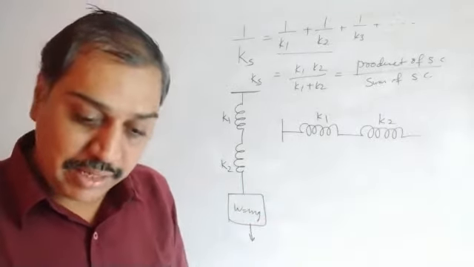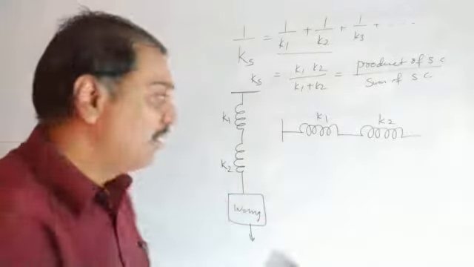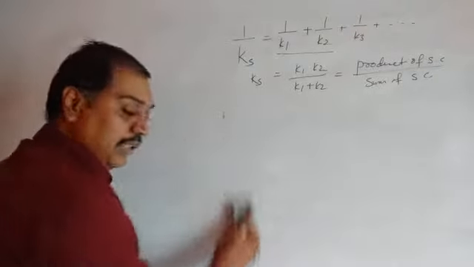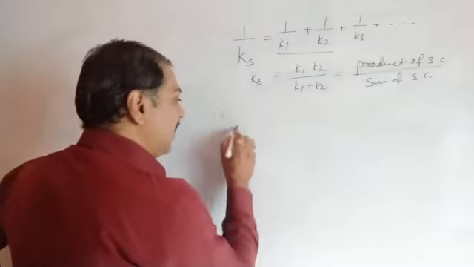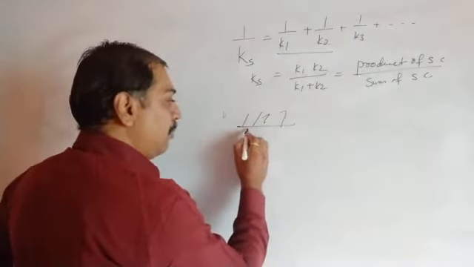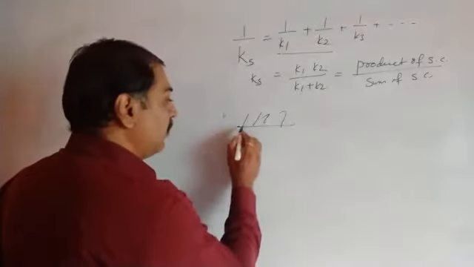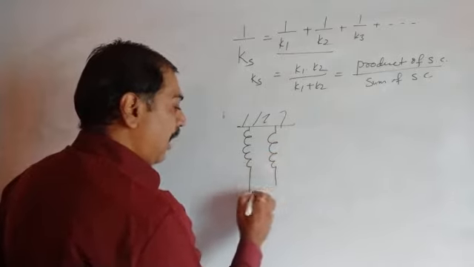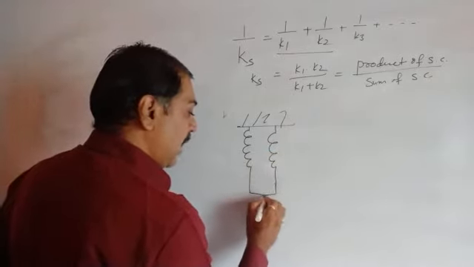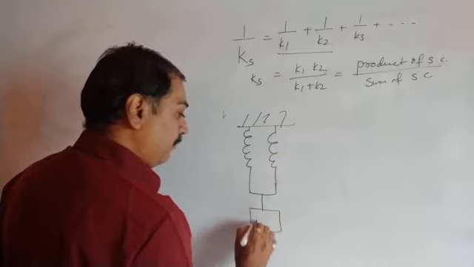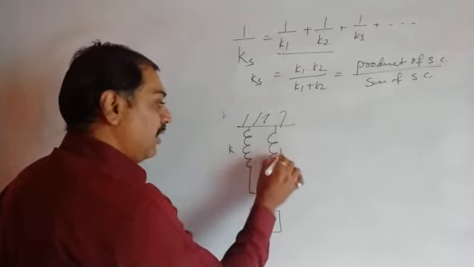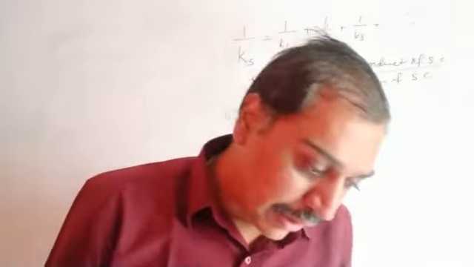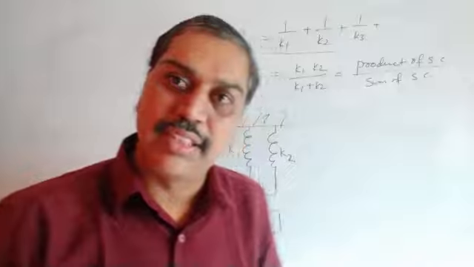Similarly, the exactly opposite formula applies for springs connected in parallel. What does parallel mean? In your book they have shown one simple type of example. Suppose there is a rigid support, and to this rigid support we have applied the springs here and here. They are said to be parallel, and both combined are applicable to some load here. They have spring constants K1, K2, then we have to find the resultant. This is the first case they have shown.